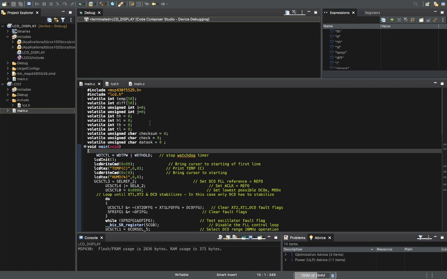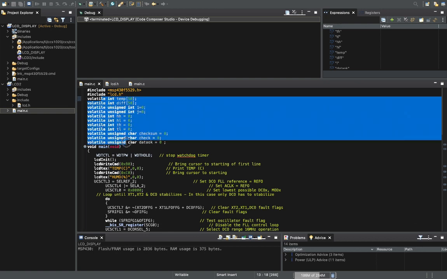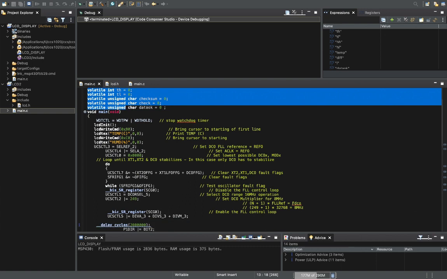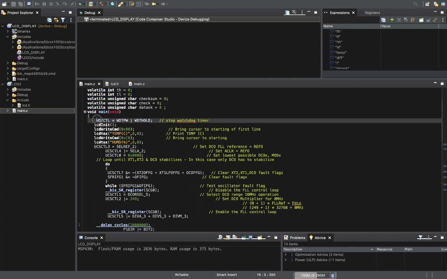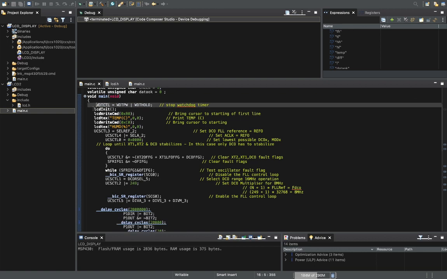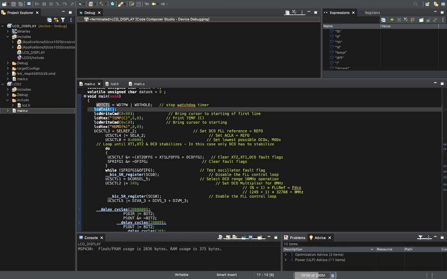You can see we have declared all the variables which we are going to use. Here our main program starts, as we told in the flow chart. In the main program, first of all we will stop the watchdog timer, then we will initialize the LCD.